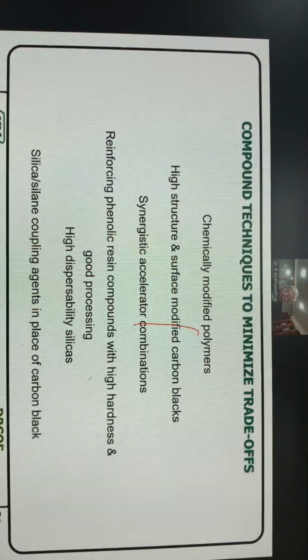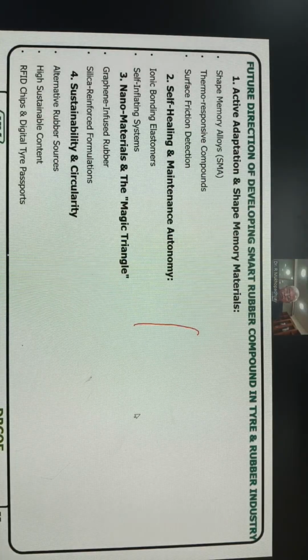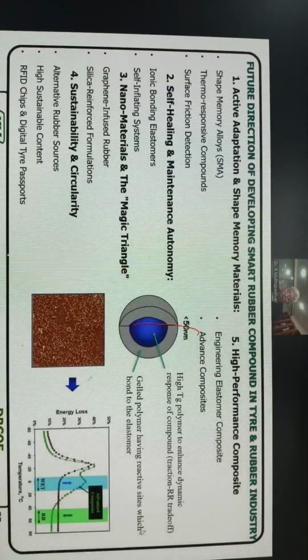That means in summary, you require a chemically modified polymer, high structure, surface modified carbon black, synergistic accelerator combination, reinforcing phenolic resins, processing highly dispersible silica and silica silane coupling agent. These are the approach to follow for tread compounding. Now, what is the future direction of the compound that will come? There will be very clear,